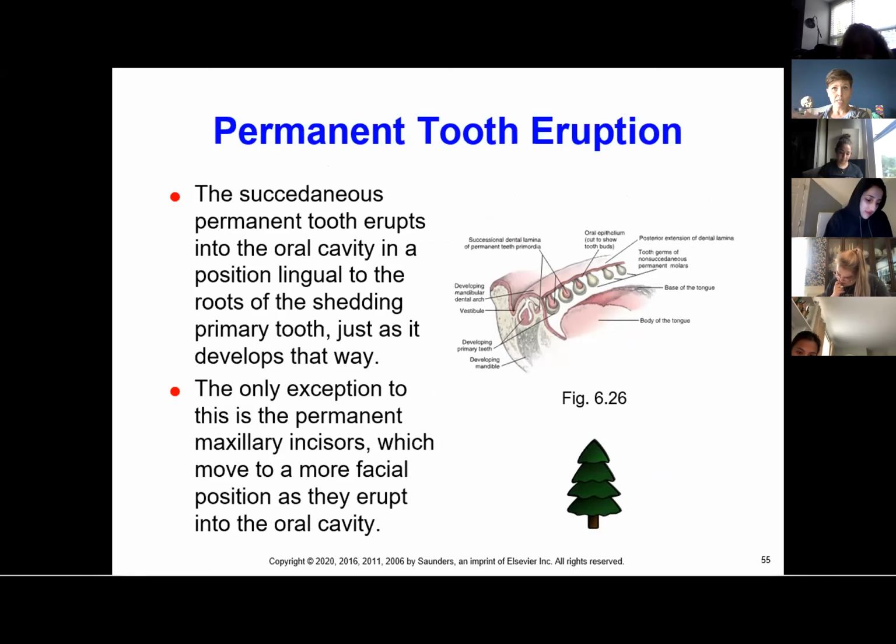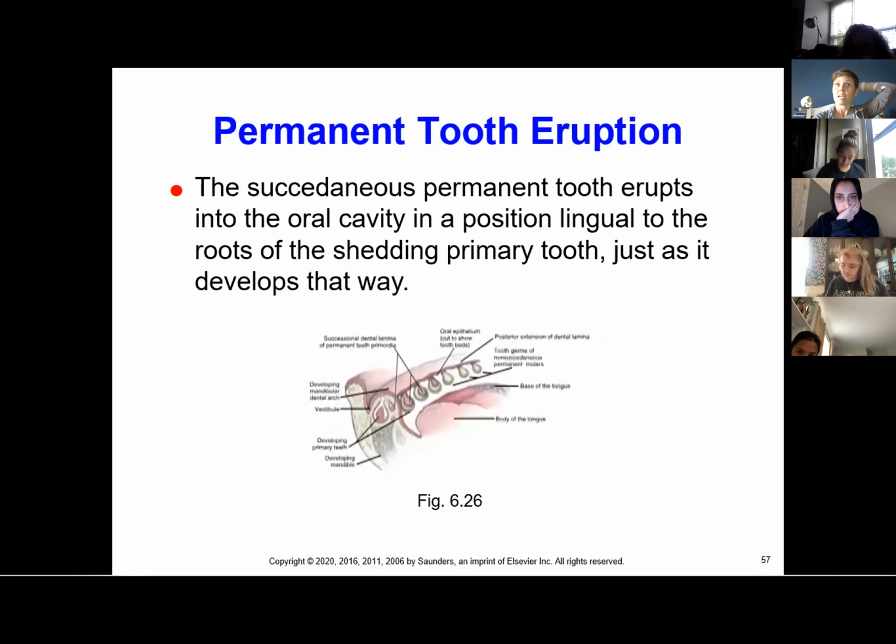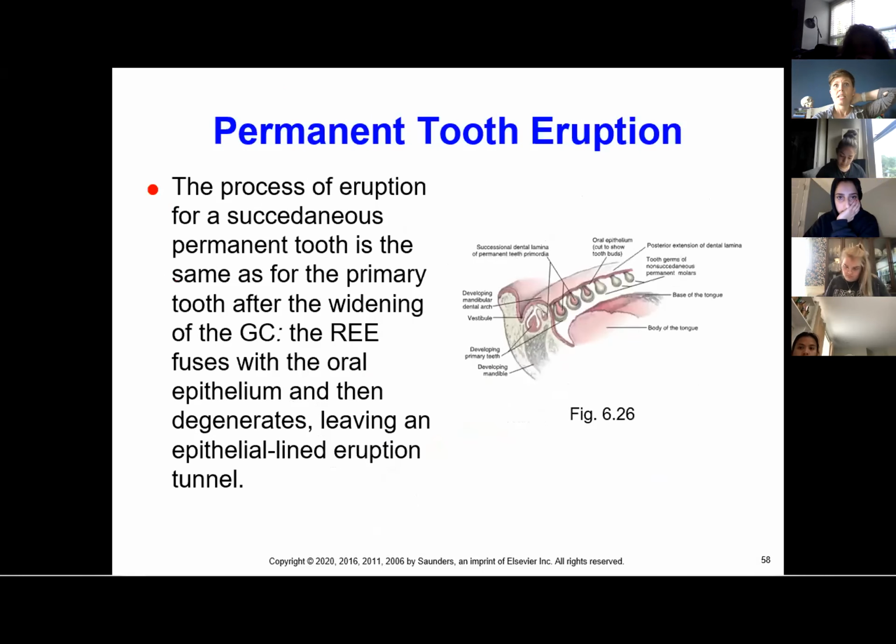All right, the permanent tooth eruption. So we have our little succedaneous tooth that is growing in behind the primary tooth, right? And the process of eruption for the succedaneous permanent tooth is the same as for the primary tooth after the widening of the